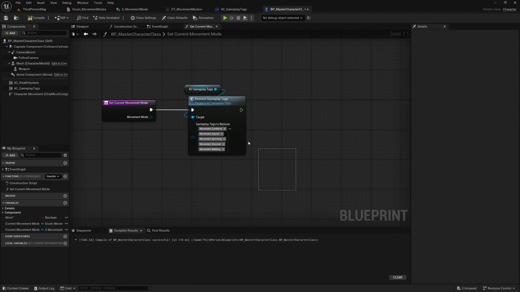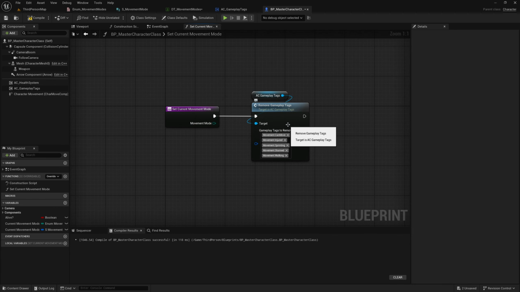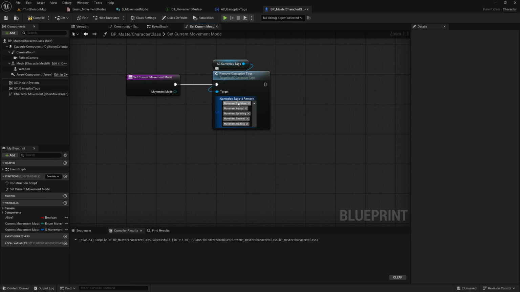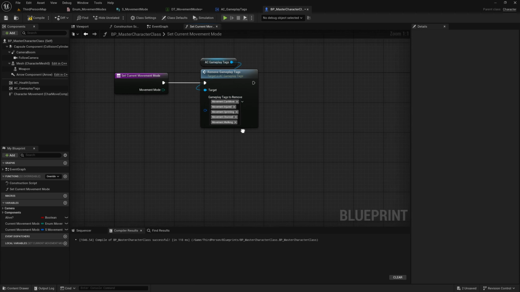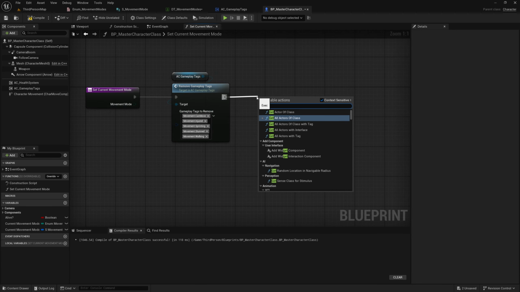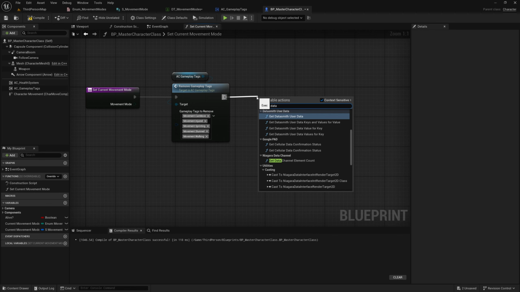And that's where these functions we created in the gameplay tags tutorial come very much in handy, because there's nothing in the engine that does this by default. We had to create this function, and just like that, we can remove all of these tags from this character. The next thing we want to do is get data table row